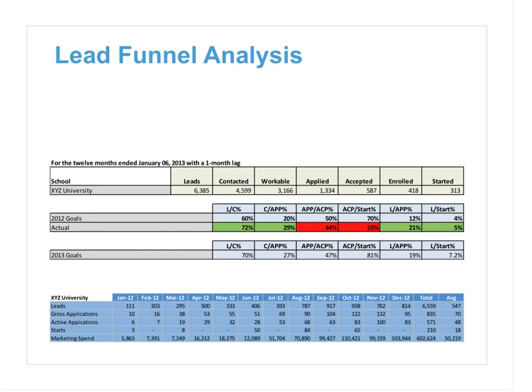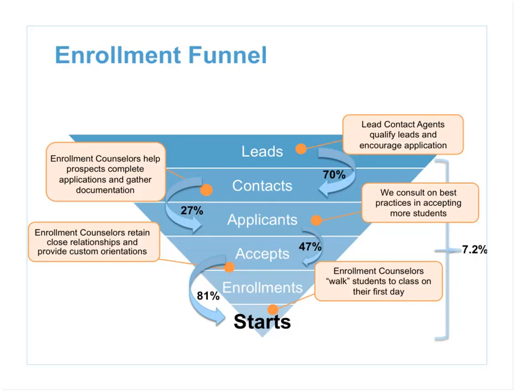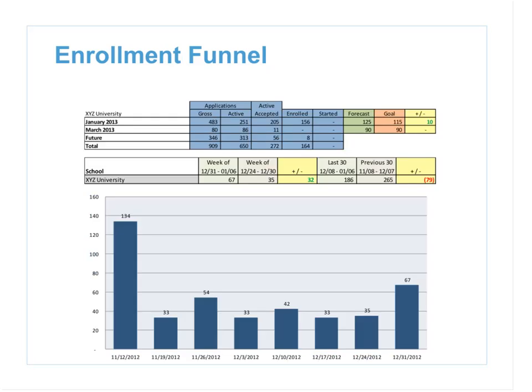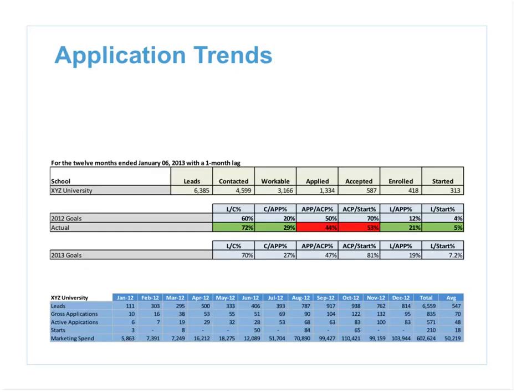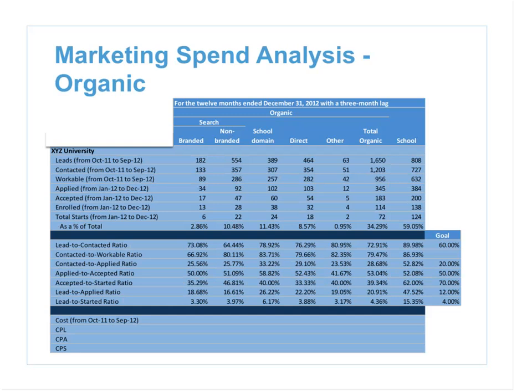What was the percentage of conversions from enrollments to starts on your previous slide? Enrollments to starts, which is really what we call students that have been accepted to starts, is 81%. Okay, thank you. Yep. Again, everybody defines these things a bit differently, so I'd be happy to take any questions offline if you'd like.